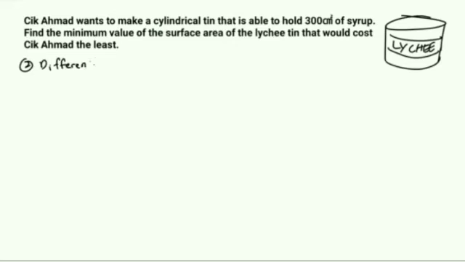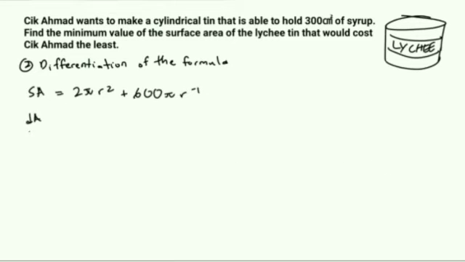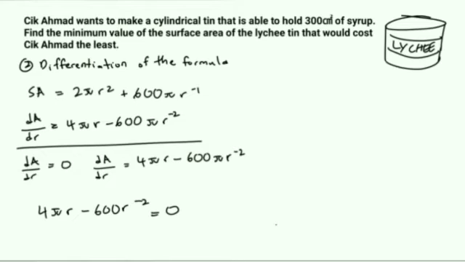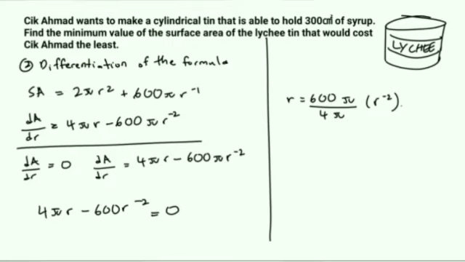The second step is we need to differentiate the formula. We just need to multiply the number in front by the power of the unknown, then the power of the unknown needs to be reduced by 1. Differentiating the surface area equation, we get 4 pi r minus 600 pi r to the power of negative 2. We need to find the radius, so we can set the equation equal to 0. So we get 4 pi r equals 600 pi r to the power of negative 2. To get only r, we can move r squared to the other side, and we get